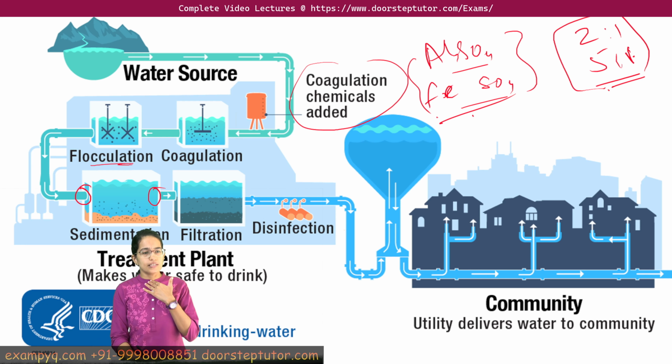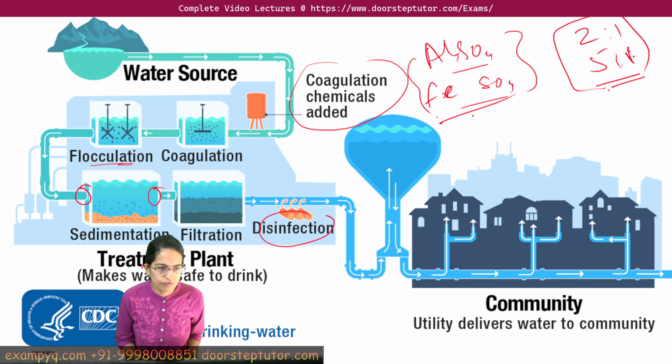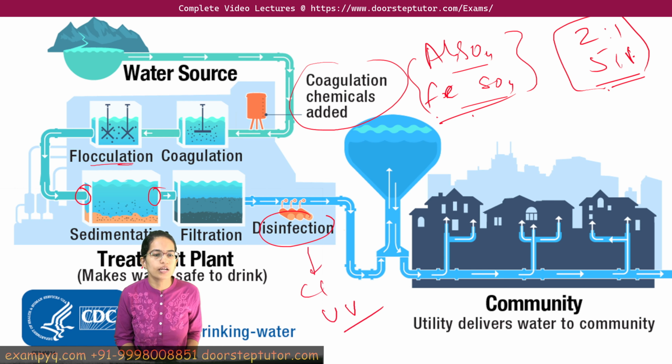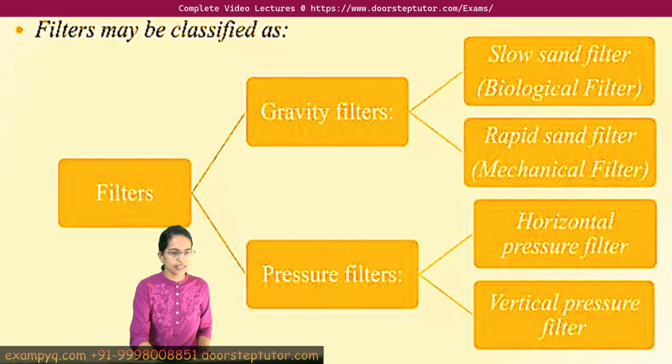Finally, the process of filtration takes place, and under filtration, any kind of turbidity or algae is removed. Now this filtration occurs in various ways. It could be screens, it could be sand filters, it could be gravity filters. We would talk about the types of filters in a while, but they are rapid filters and slow filters, and they physically separate the impurities. And finally there is the process of disinfection, which is either through chlorine or ultraviolet rays, which we would understand in detail in a while.